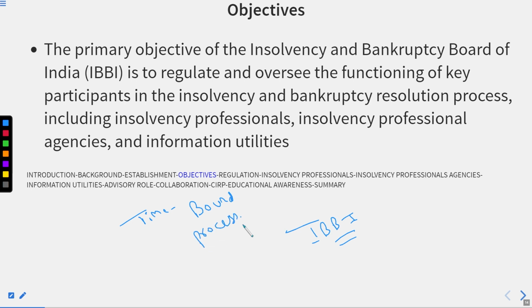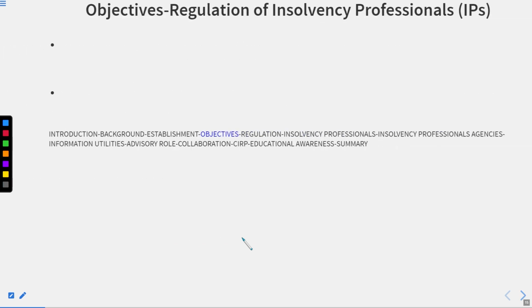Whenever an organization is facing continuous loss, that organization is not able to sustain itself because its assets are lower than its liabilities. In such a case, when they declare themselves insolvent, their process of becoming insolvent to bankrupt, liquidating their assets and recovering the amount, is all well defined. This is known as the time bound process because it has to be done in a particular time period. Okay, so now let's begin.